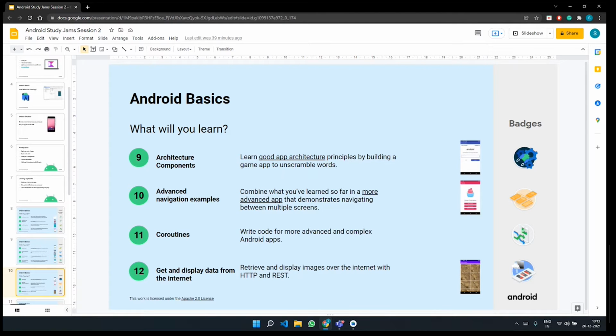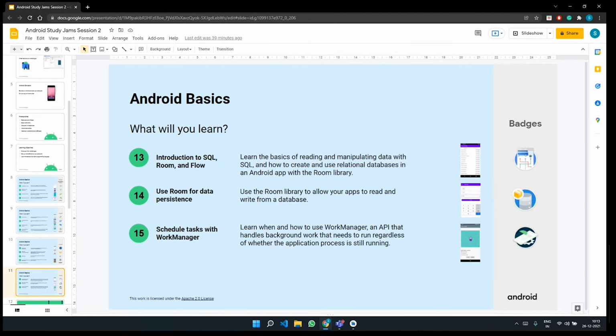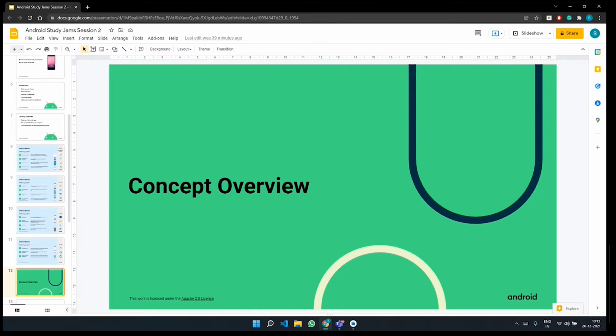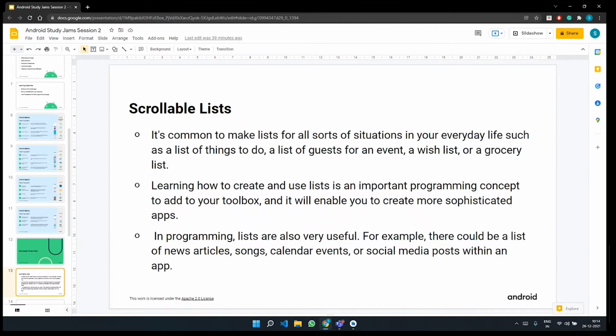So these are the list of the topics that we would be covering throughout the syllabus. In another 3 sessions, we would be done with all the 15 syllabus points, the portions that we need to cover for our syllabus. And like I told, if you are interested in studying more about Kotlin, you can of course earn all these badges as well. So we'll just get started with today's session objectives, and let's start with the concept.